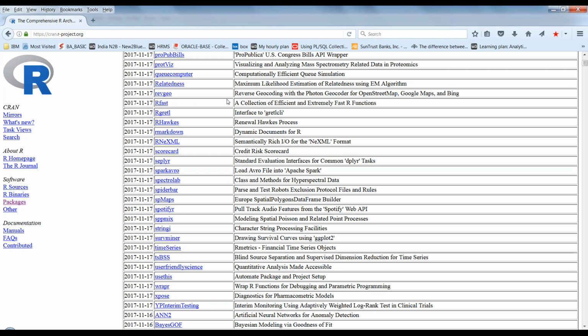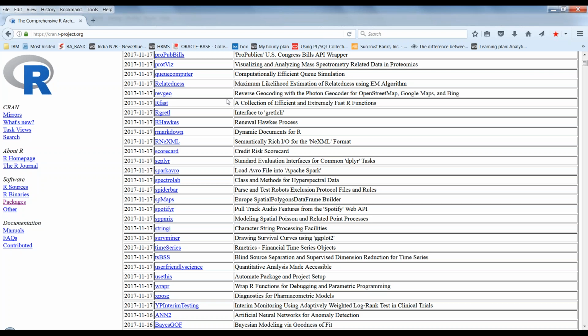From where we are starting is we have a set of packages which are maintained by our CRAN group, which is the Comprehensive R Archive Network. This is a central repository for everyone who is working with R, from where you can download any package anytime and then use it in your coding. That's why I've shown this place also. From where this R is coming and what all other packages we have, you can explore here. We have a big list here, and out of which any package you want, you can take it and use it.